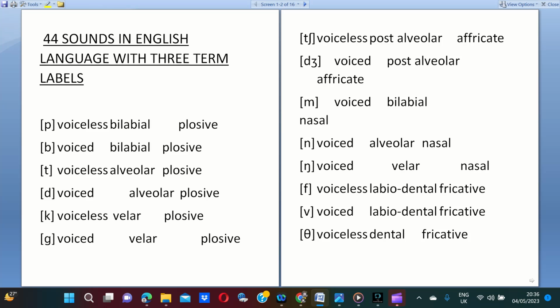See here, 44 sounds. Here I tell you how to produce each and every sound, consonant sound and vowel sound. First we go by sound, and then we discuss the 3 term labels. First sound p, next b, next t, next d, next k,